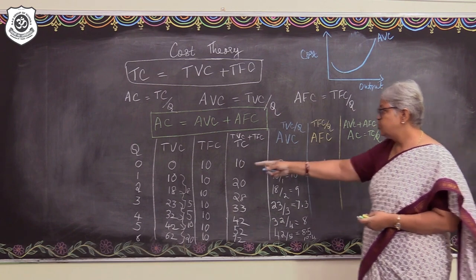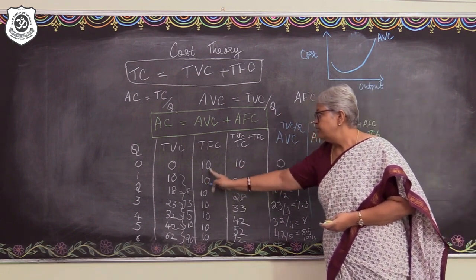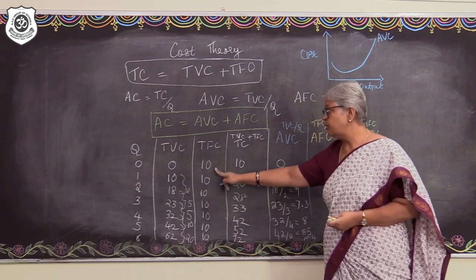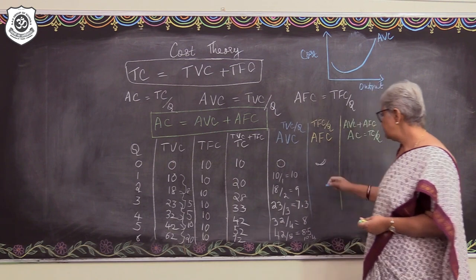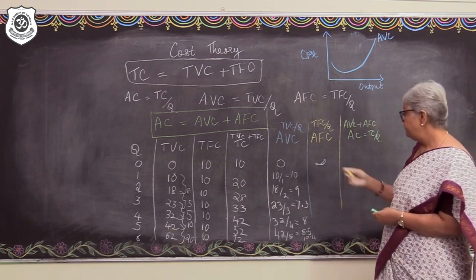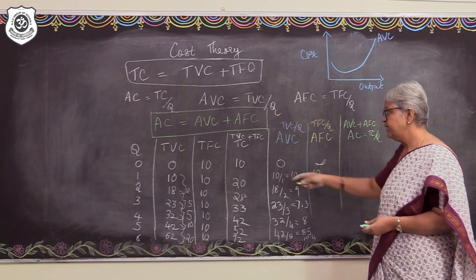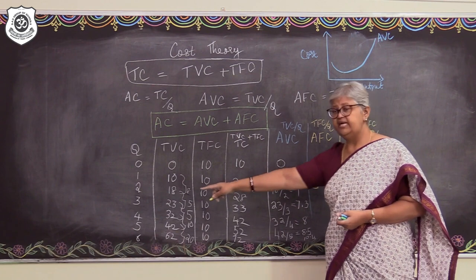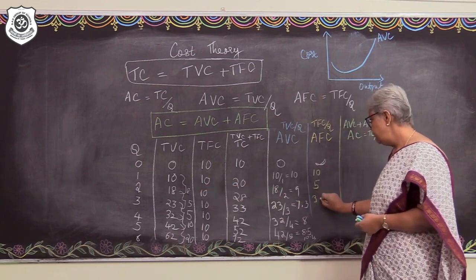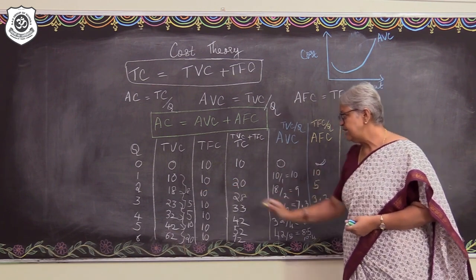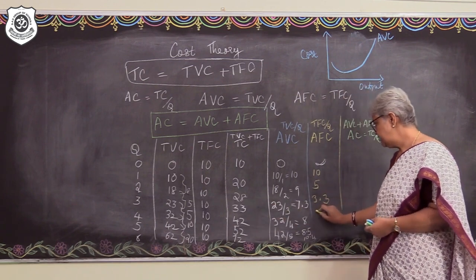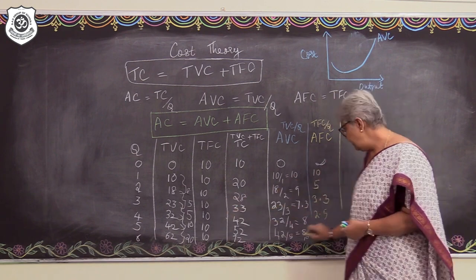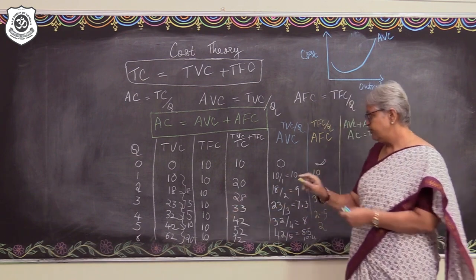Okay. So initially, when the first level of output is produced, the total fixed cost is 10, right? So that's going to be 10 by 1. So that is 10 and then the next level 10 by 2, that is going to be 5 and then 10 by 3, that is going to be 3.3, right? And then 10 by 4, right? So that is going to be 2.5 and then 10 by 5, that is going to be 2 and then